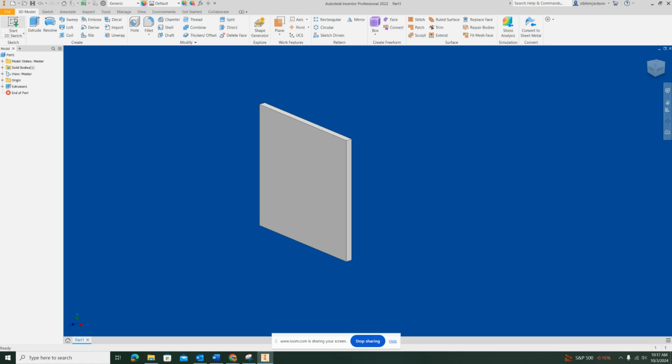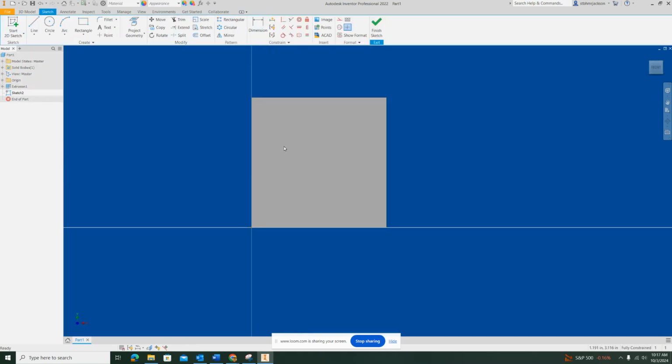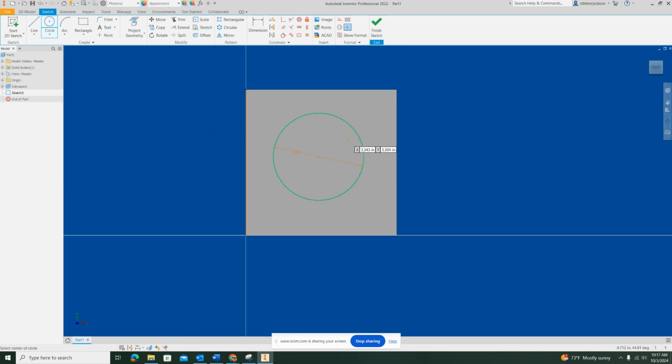So I'm going to start another 2D sketch, but I'm going to pick this surface here as my base. Rather than starting out in the middle of nowhere like I did before, this time I'm actually going to sketch what I need on this surface of this block, on this box that we just made. I'm going to use circle, this time I'm going to go ahead and put the number in for it, which is going to be 3 inches of diameter. It's going to give me a circle that's 3 inches,